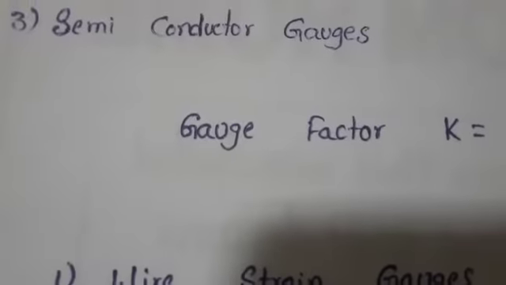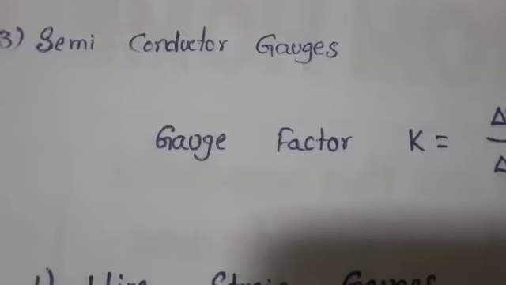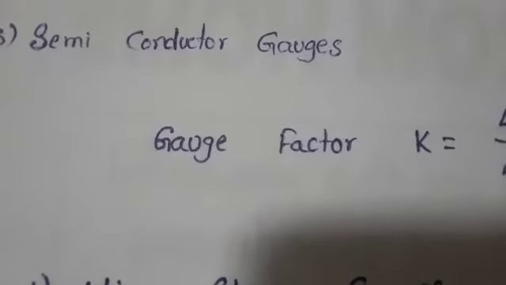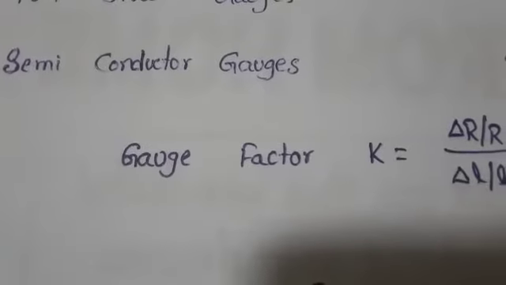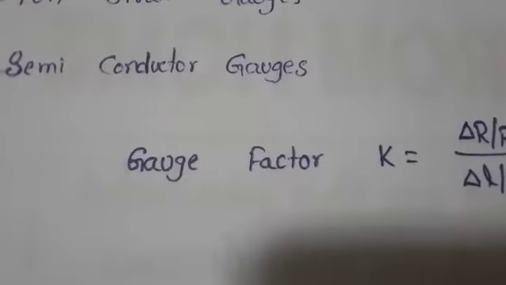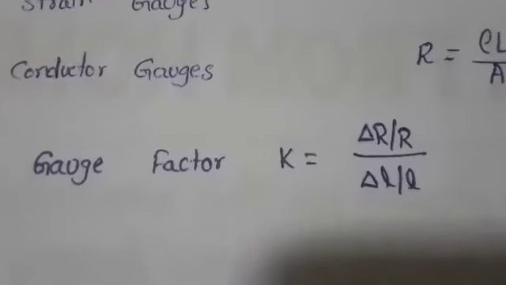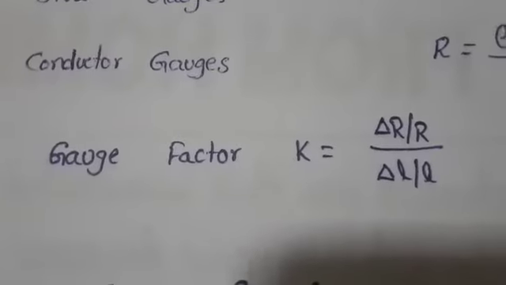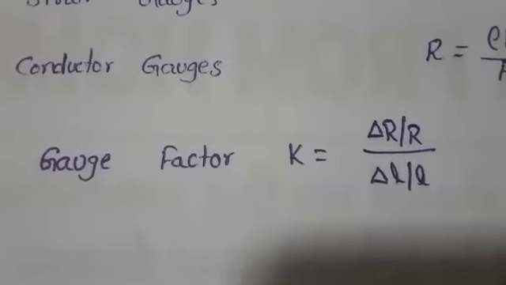The gauge factor is the ratio of change in resistance to change in length. That can be expressed as gauge factor capital K equal to delta R by capital R, divided by delta L by small l,